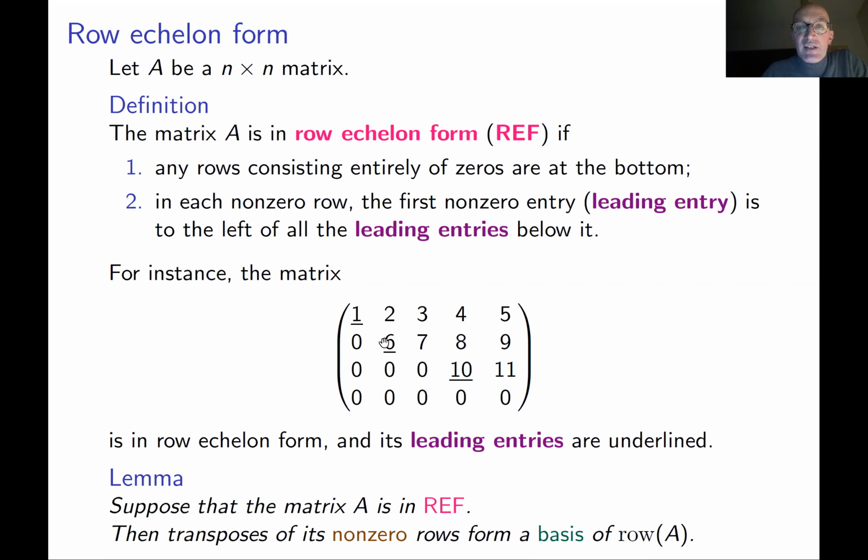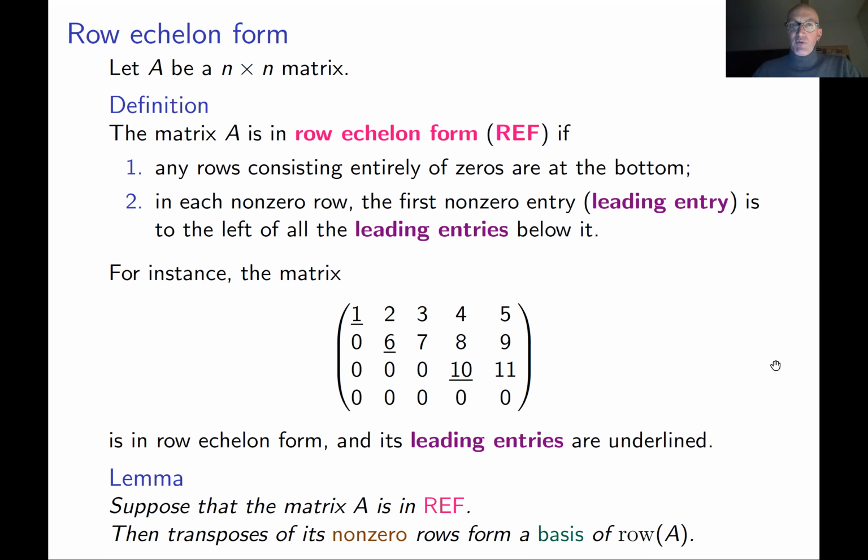What else can you do? Once you divide, as I said, you can subtract the second row multiplied by 2 from the first row. And then instead of the number 2, you're going to get 0. Of course, it changes all these 3 entries, and it's going to be some complicated looking numbers, but then on top of every leading entry, you're going to get 0. So if you continue, you can do this with every leading entry, and this gives you what is called reduced